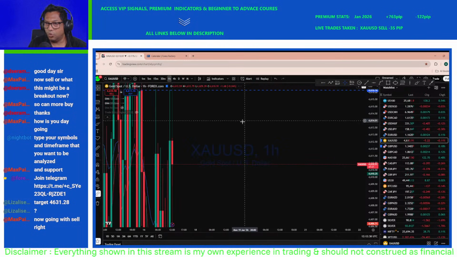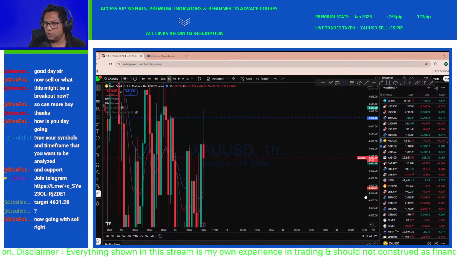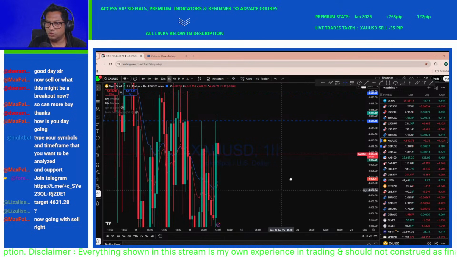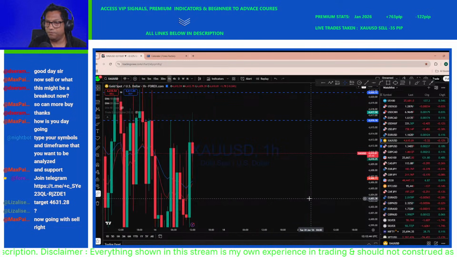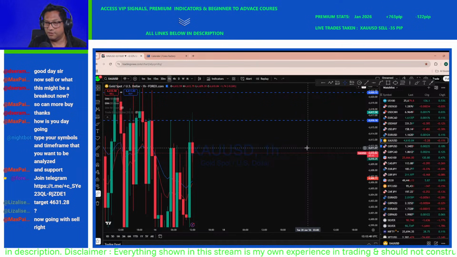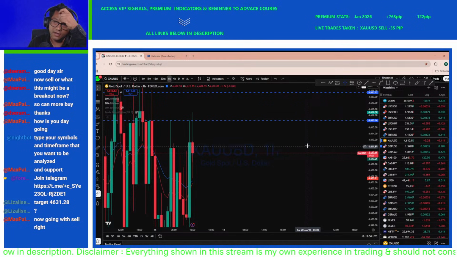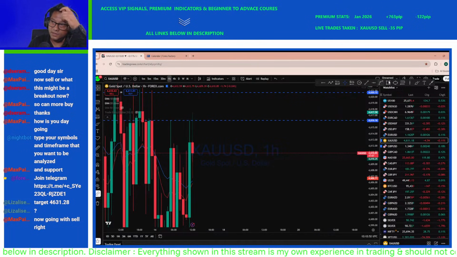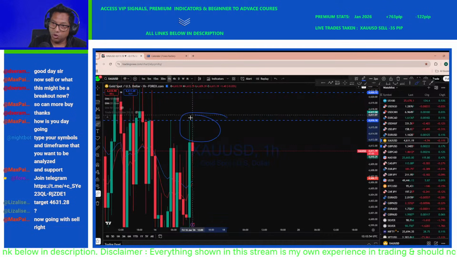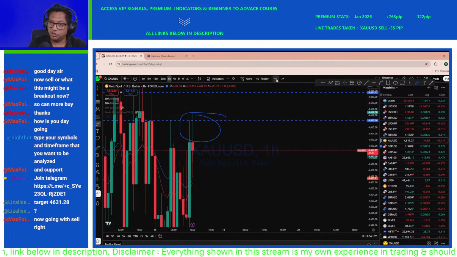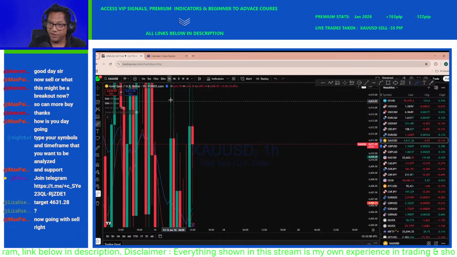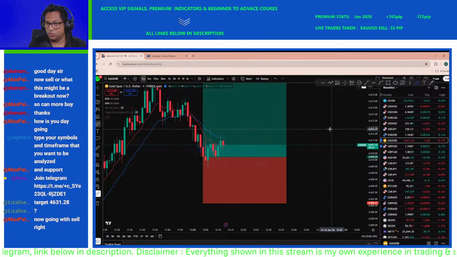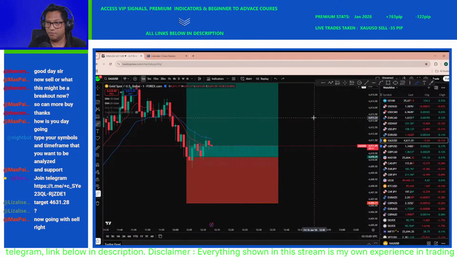So looking at the 1 hour, this 1 hour candle closed with a big green candle. This green candle has left a long wick at the top, and there's a potential for the market to go ahead and fill that long wick. That's what we looked at, but